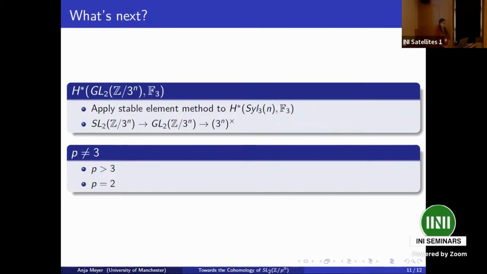Question: Are you actually going to look at the full stable elements theorem, or are you going to look at some subgroups that control them? That is a very, very good question. I think what we need to do is look at the normalizer of the Sylow inside, and then find the invariants under the normalizer. But this theorem only works for abelian Sylows, which we don't have. So there is some other noise term.